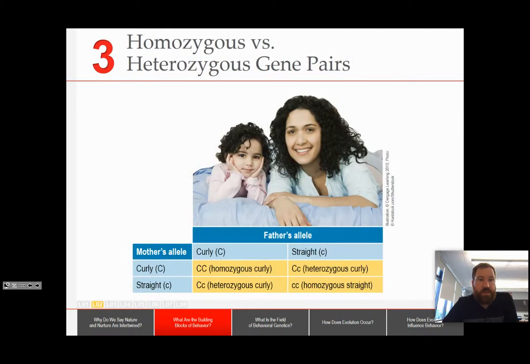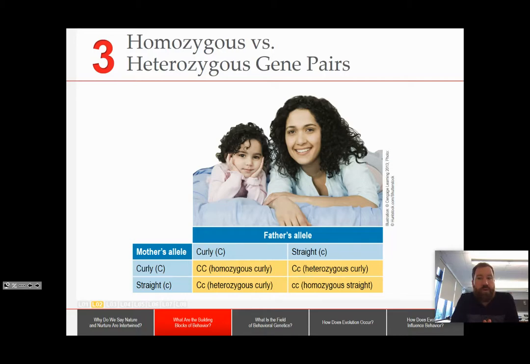So let's talk about heterozygous and homozygous gene pairs. So basically, again, since we're getting our information from our mom and our dad, the alleles that are present can have an effect. Which allele you get from your mom, which allele you get from your dad. There's dominants, recessives, all these other things. So we get one version each from our parents.